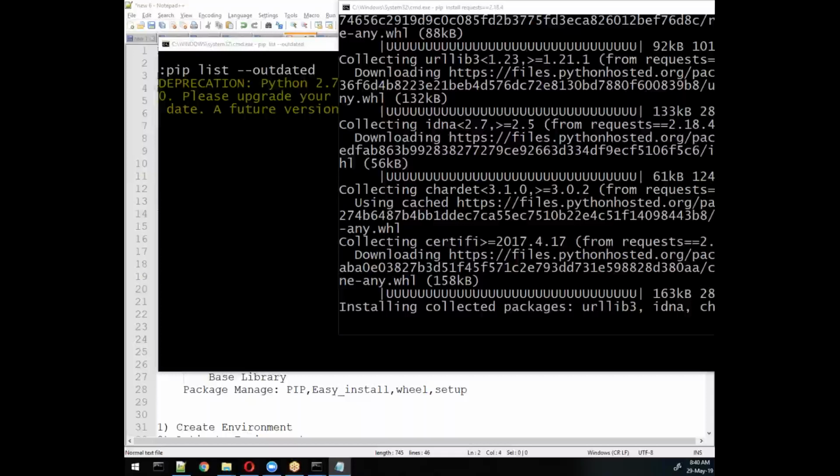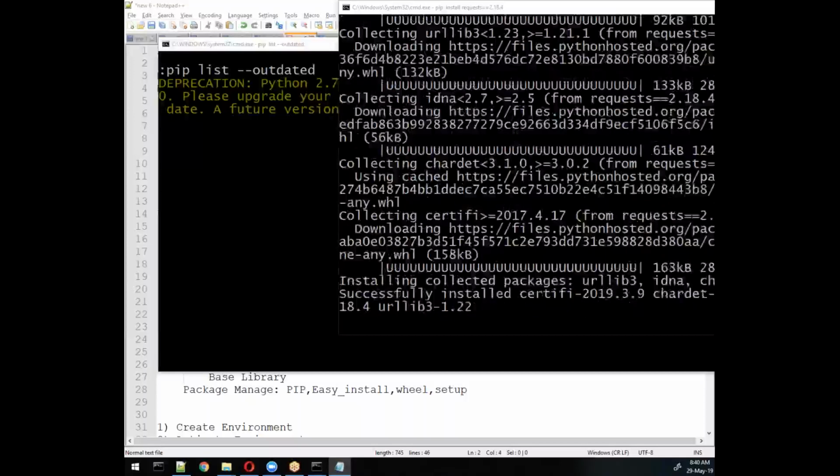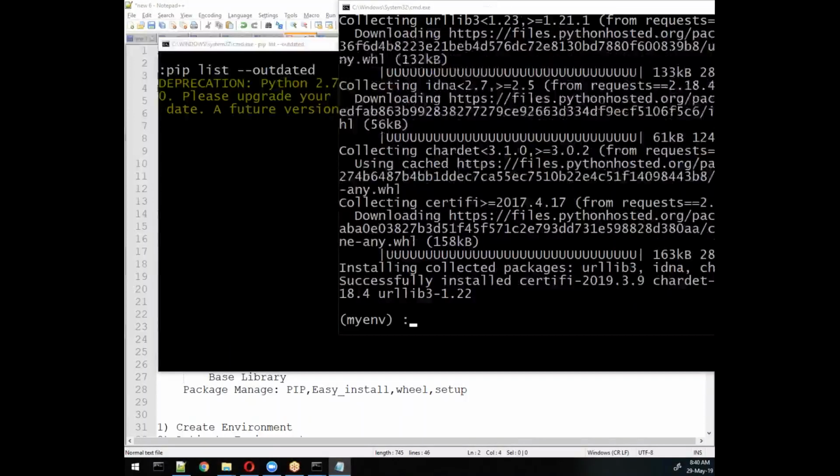Now, what can we do with it? We can install packages, reinstall them, or remove packages, or we can be strict about which package or which version we want to install. It may be greater than or less than. Let me tell you how. First I'll show you.